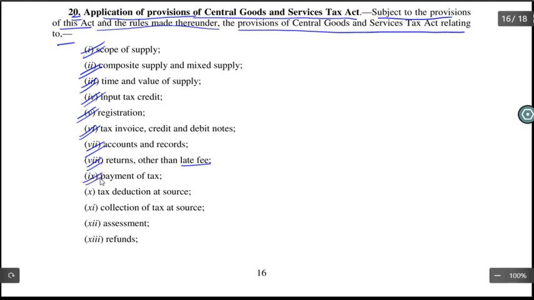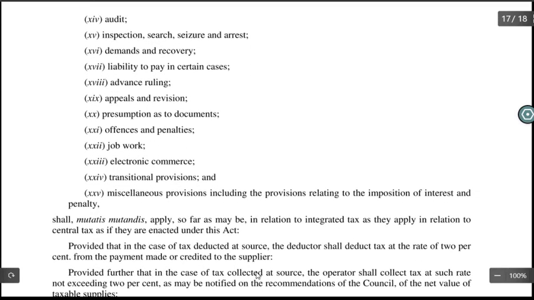provision relating to payment of tax, provision relating to TDS, provision relating to TCS, provision relating to assessment, provision relating to refund, provision relating to audit, provision relating to inspections, search, seizure, arrest, provision relating to demand recovery, provision relating to liability in certain cases, provision relating to advance ruling, provision relating to appeal and revision, provision relating to presumption as to documents,